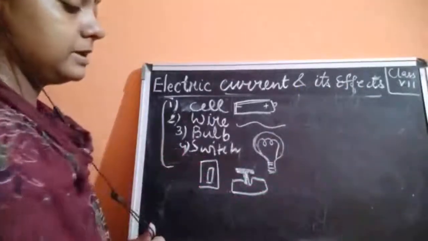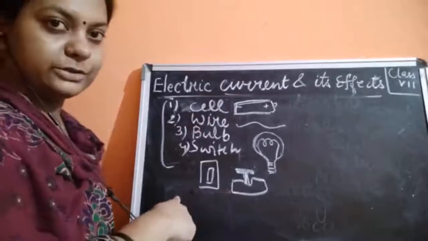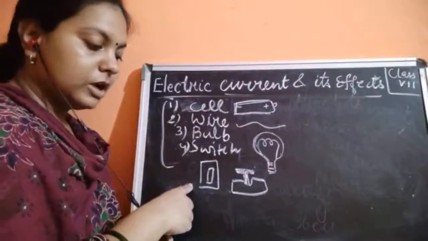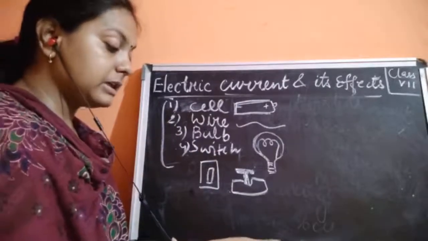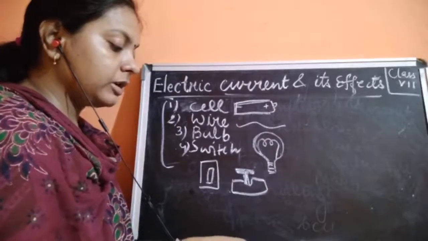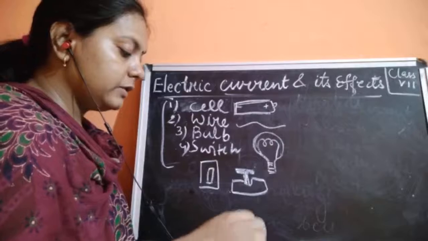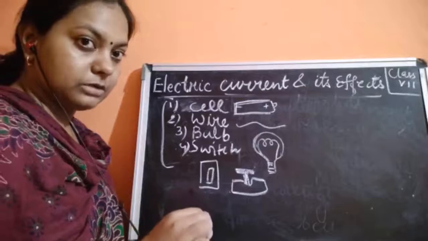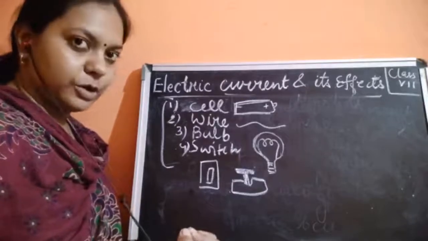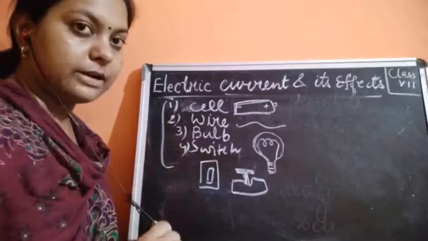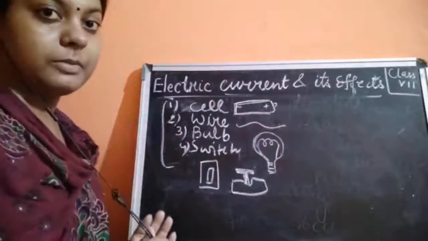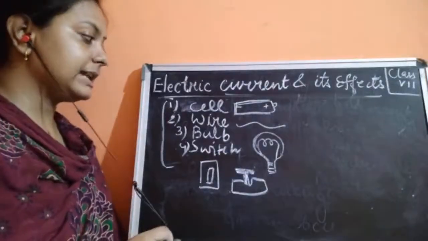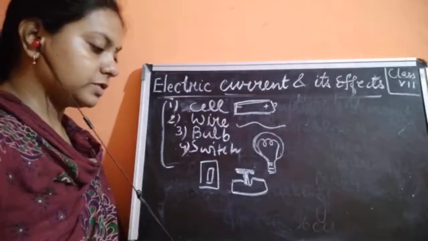Okay, so here also, for the circuit diagram we will use the symbols. Now what are the symbols for the cell, wire, bulb and switch? First we should understand that. Okay, now some symbols are given here in your NCERT book also in the form of a table. So some portion which is given here in your NCERT book, I'll quickly read that out so that it would be an easy task for you all to understand. Okay, I hope you all would have understood till here what is the meaning of the word components, what is the meaning of the word circuit. You would have understood what is a cell, what is a wire, what is a bulb and what is a switch. So what is written over here?